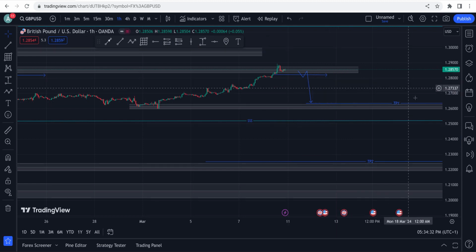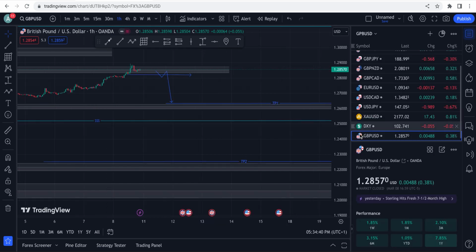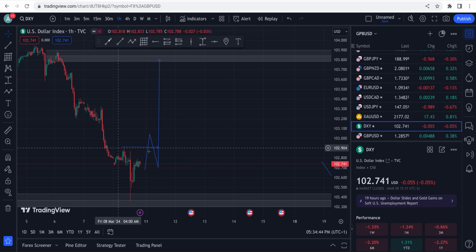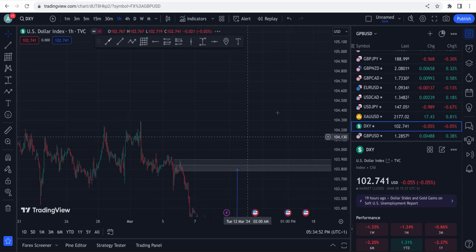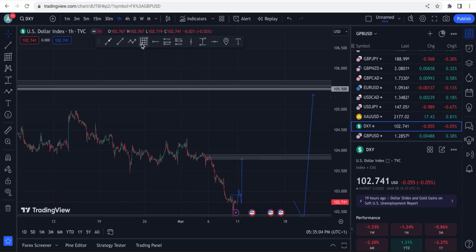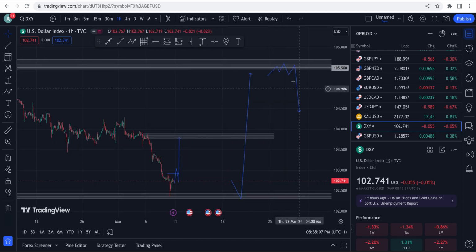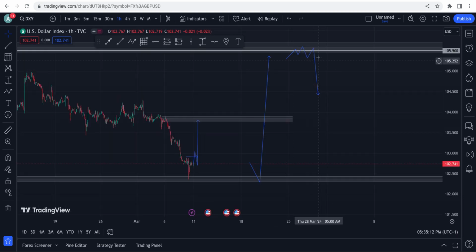So guys, I'm expecting a short on GBPUSD after the break of this below, with the confluences of DXY. When I see price break above this weekly high or so, then I can say DXY is moving upward from this point. And yeah, with the key level of 105.00. First is this TP1 on DXY and the TP2 where I'm expecting price to react. So I'm expecting price to react from this zone. So this is where I'm expecting price to react.